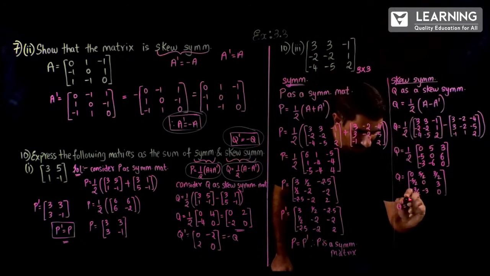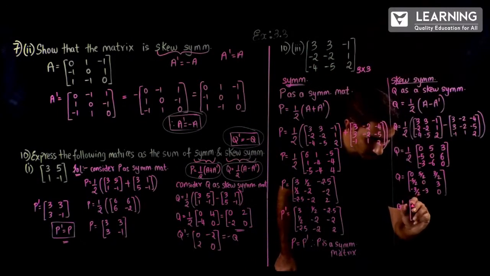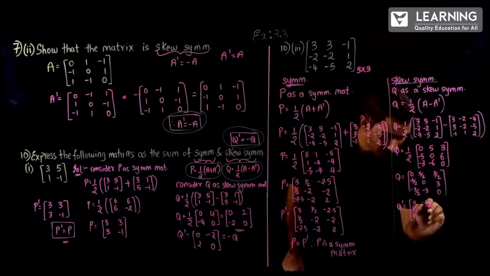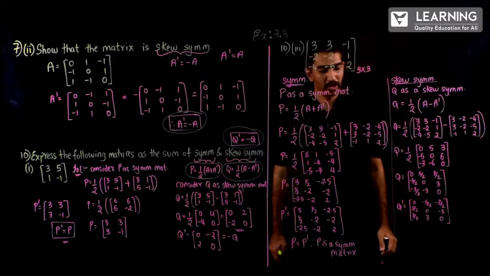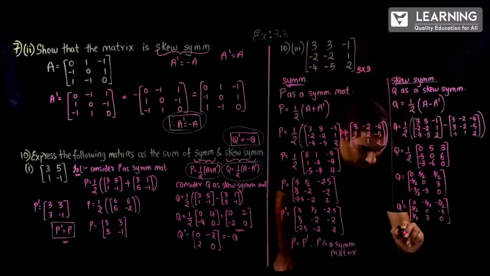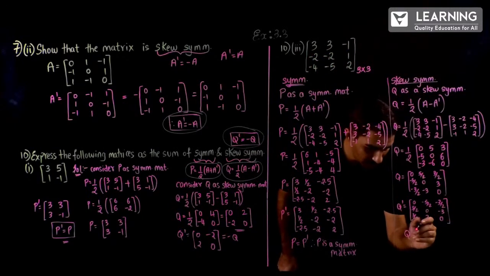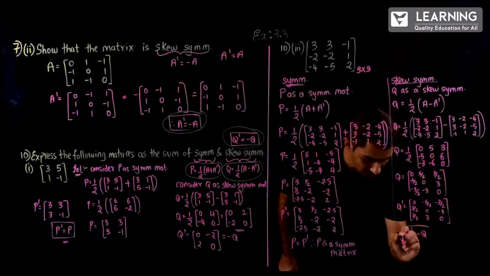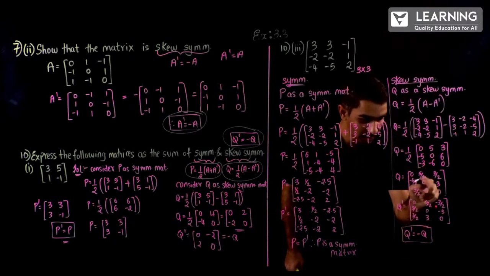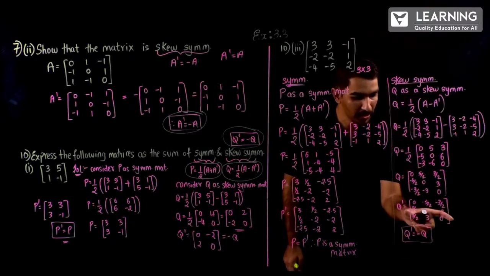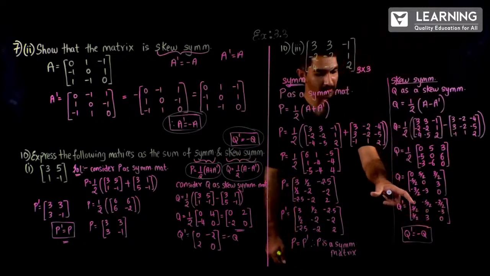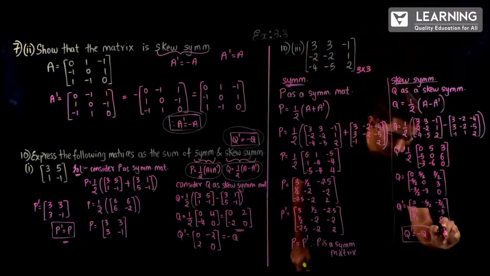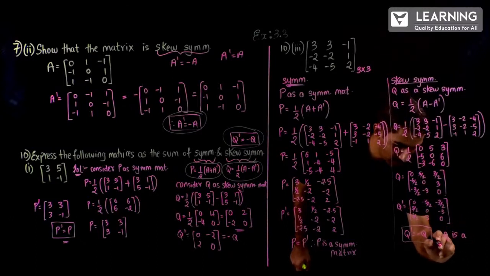So Q dash will be equal to the transpose of the above matrix. So that will be 0, 5 by 2, 3 by 2, minus 5 by 2, 0, 3, minus 3 by 2, minus 3, 0. So now what can we tell, students? Can we tell that Q dash, which is this one, is equal to minus of Q? Yes or no? If you multiply minus to whatever Q matrix we got, we'll be getting the Q dash matrix. It's very evident. So therefore what can we write here? Therefore Q is a skew symmetric